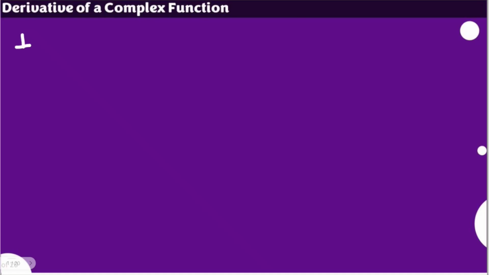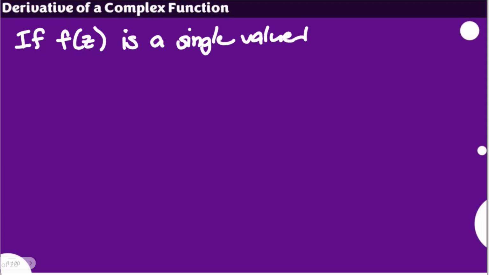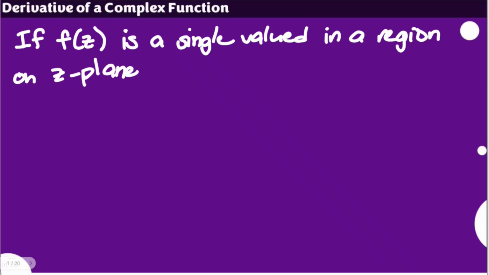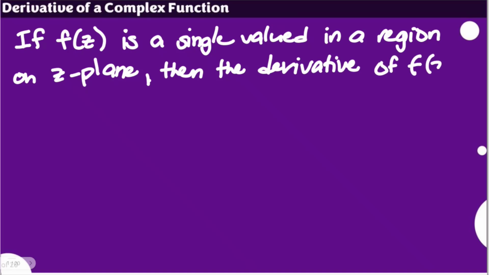So we have here, if f of z, a complex function, is a single valued function in a certain region, a region on our z-plane, the Argand plane, or the complex plane, then the derivative of our given function f of z is defined as,